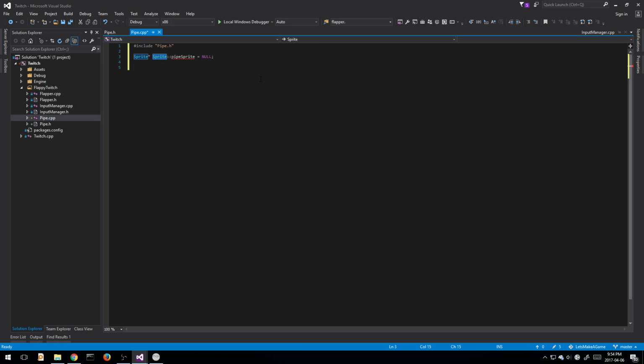What's wrong? Oh, this is not sprite, this is pipe. Pipe sprite, there we go. And then our void initialize method. So what we want to do here is set the sprite for the pipe and set that static variable, and